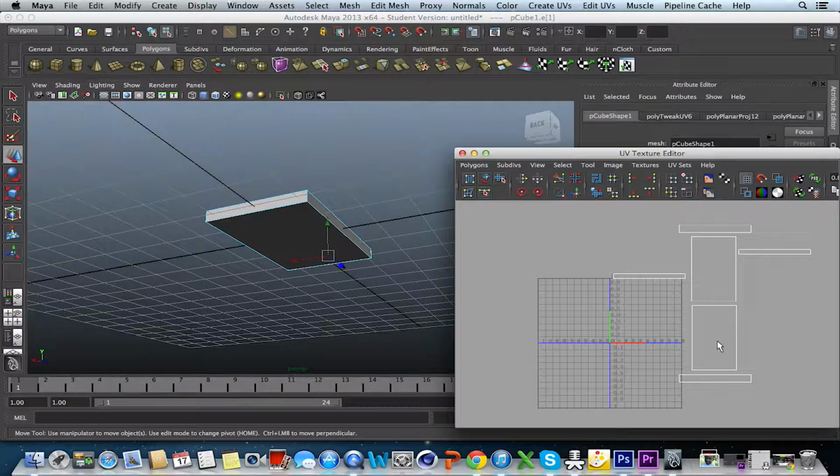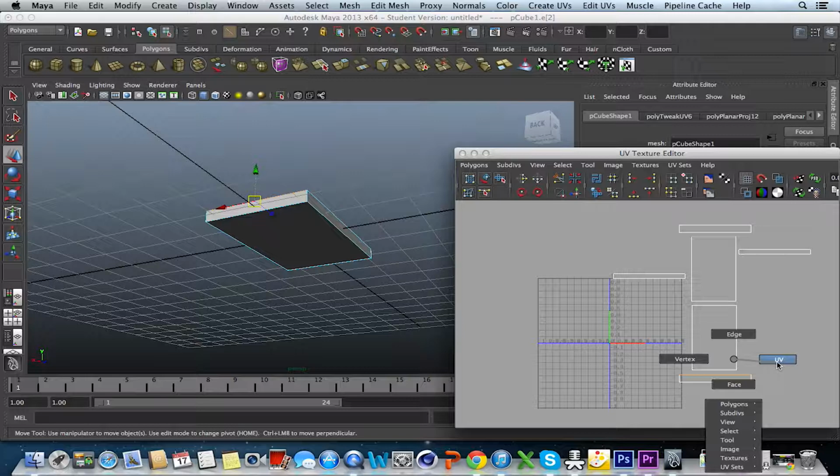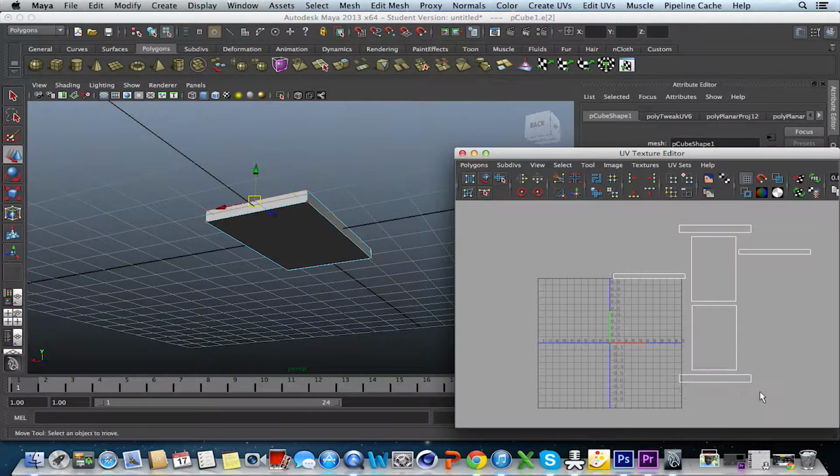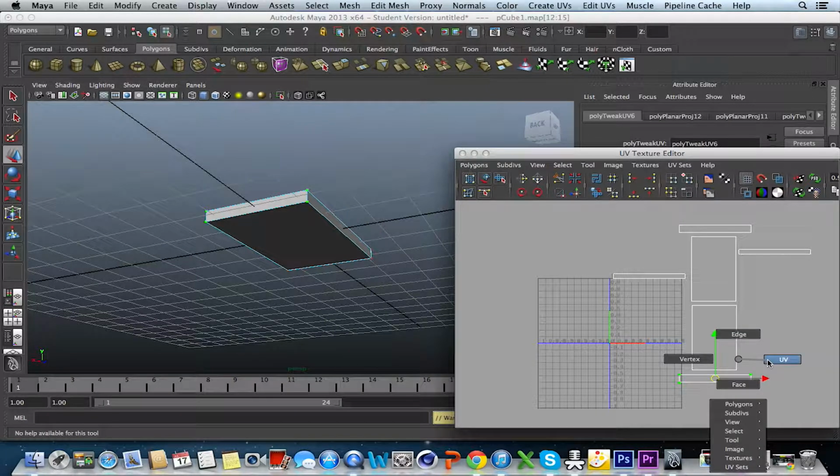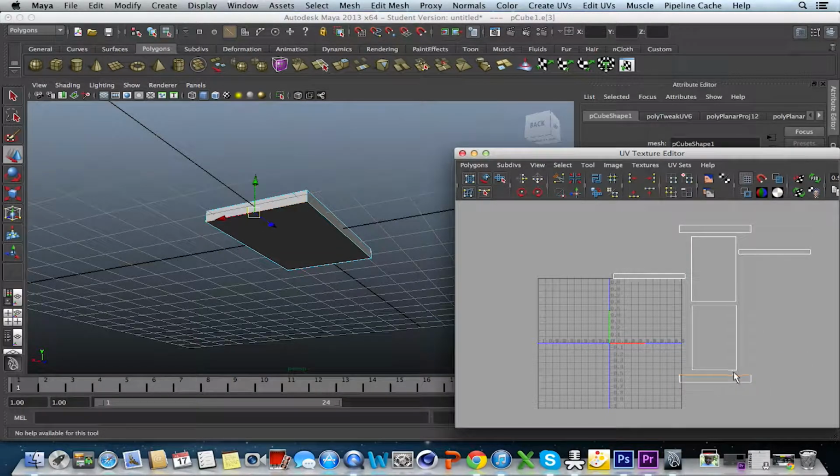So we're gonna have to flip this. We're gonna go to UV, select this, and we're gonna click this right here to flip it down or up, and we need to flip it up. So edge. See, you change the direction of it. So yeah. Alright, after we flip these,